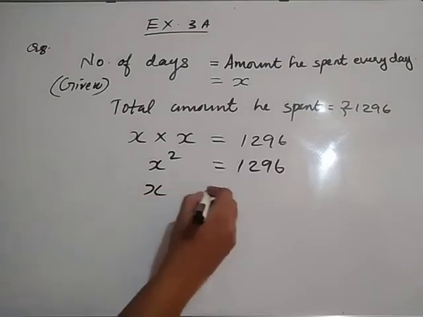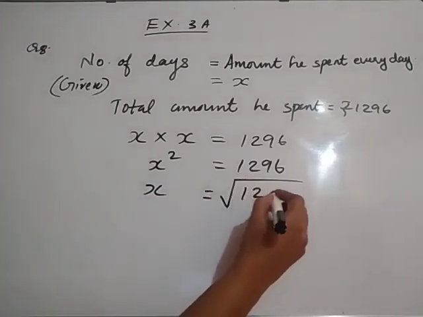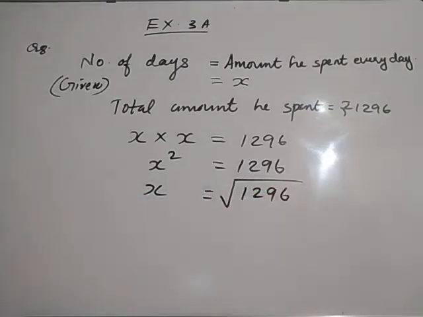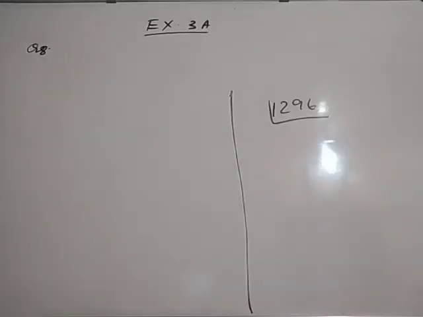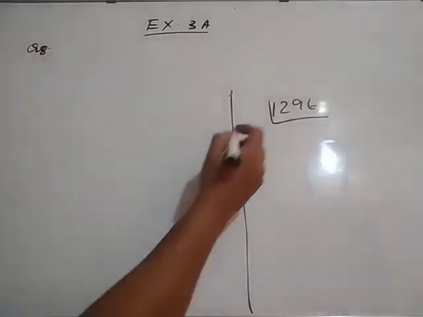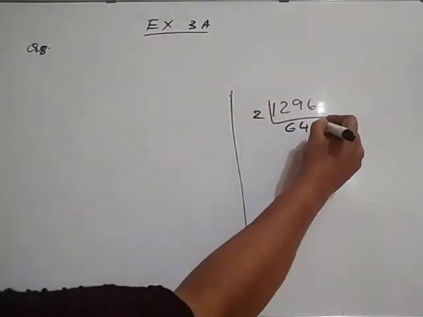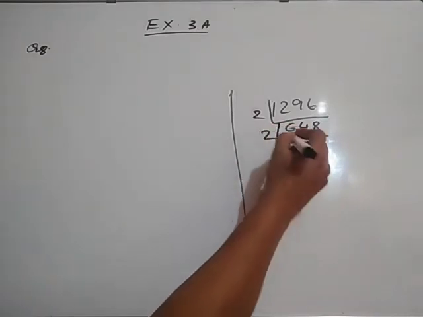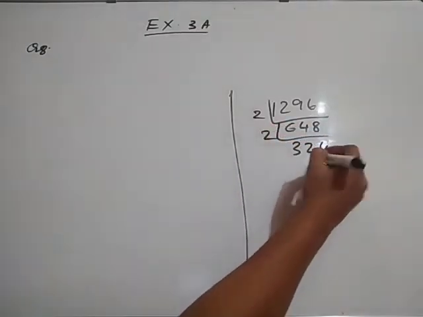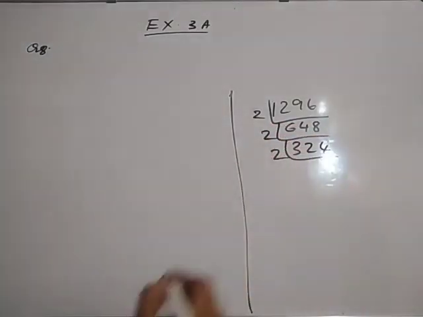How can we obtain X? Take the square root of 1296. Let us do the prime factorization method to find the square root of this number. That is the required answer. Okay. 1296 is divisible by 2. Again divisible by 2. Again 2